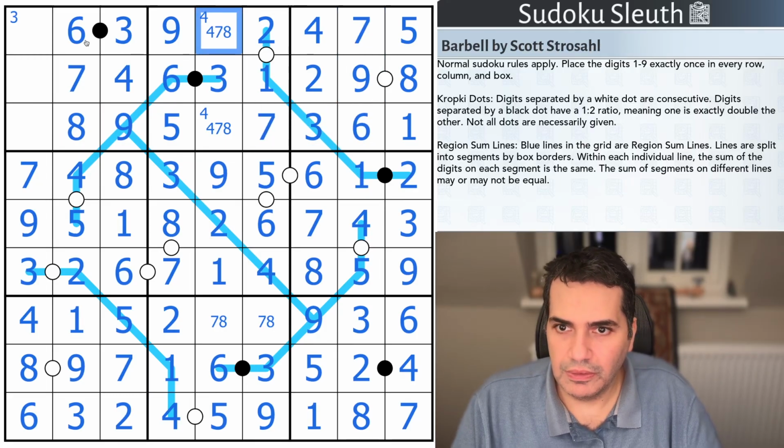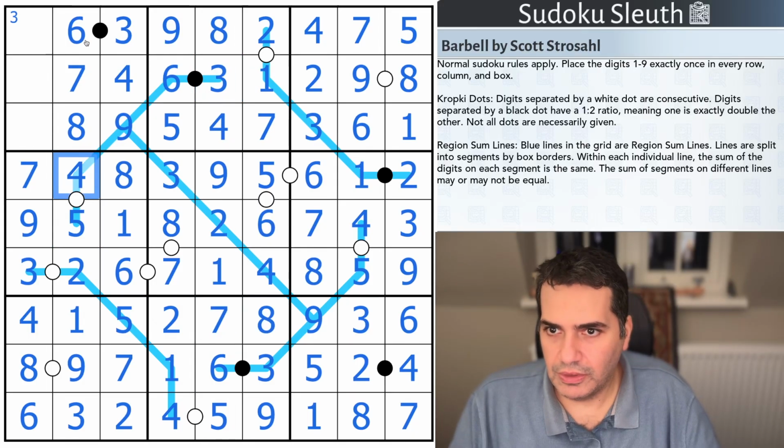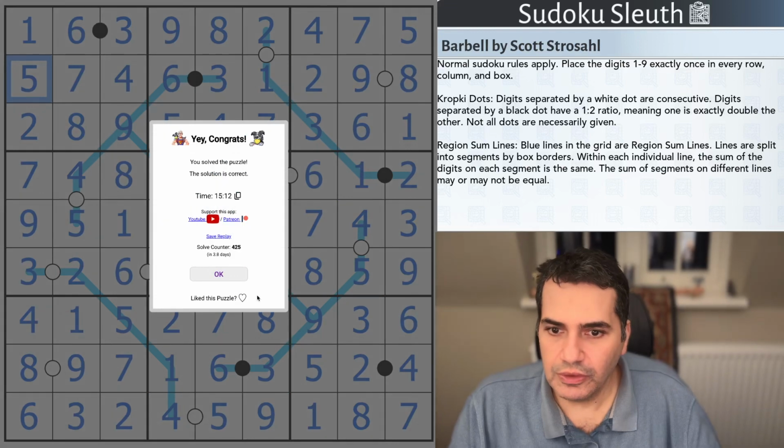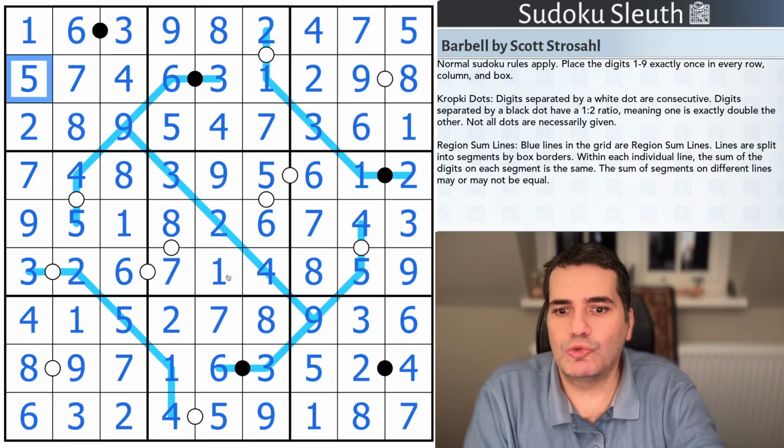7, neither of which is 7. This one is not 8 either. That's 4. That's 8. That's 7. That's 8. And we're very much at the end here. 1, 2, and if I've not made any mistakes, 5 for the finish. You know, supposedly a much higher difficulty rating puzzle, but I guess maybe I've warmed up, so